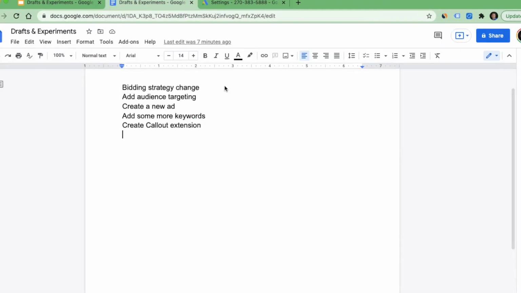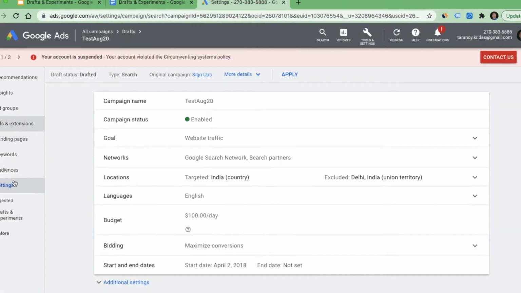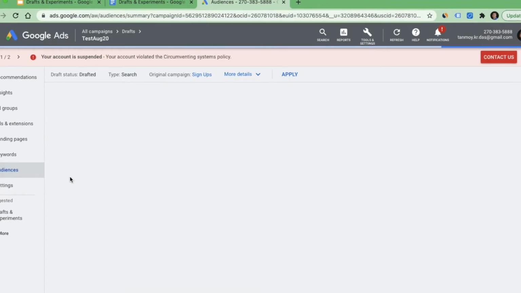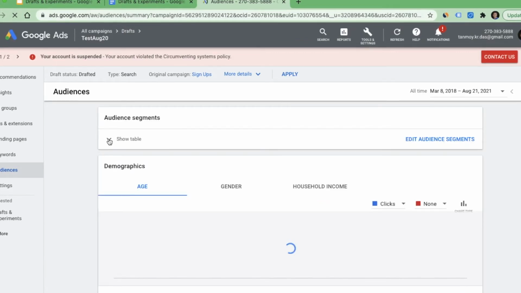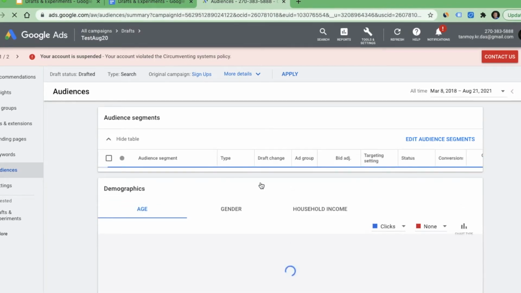Next, we'll add some audience targeting. We'll go to audiences on the left panel under keywords, and here we will add some audiences related to in-market, affinity, all of that we can do. Here you will find all the audiences applied in this campaign.